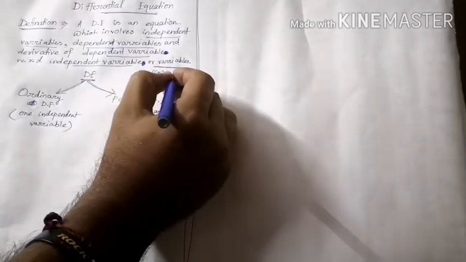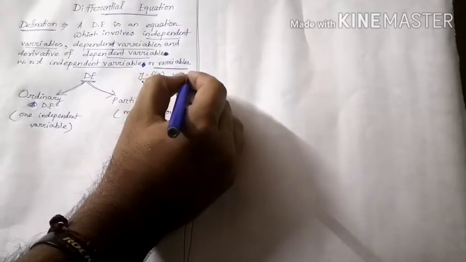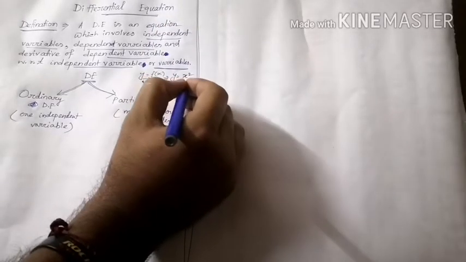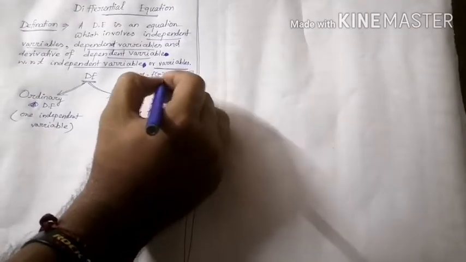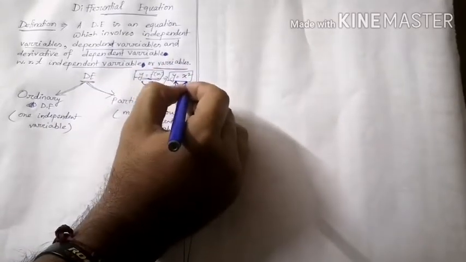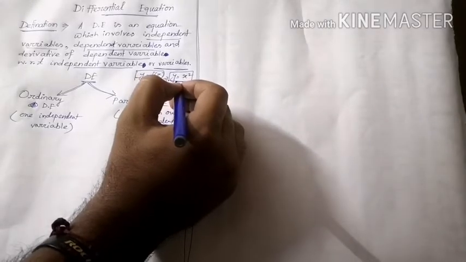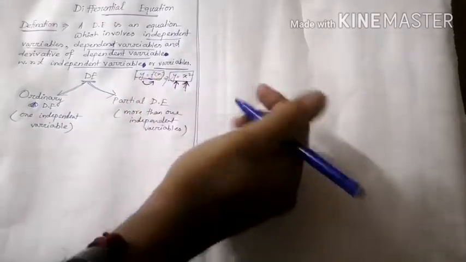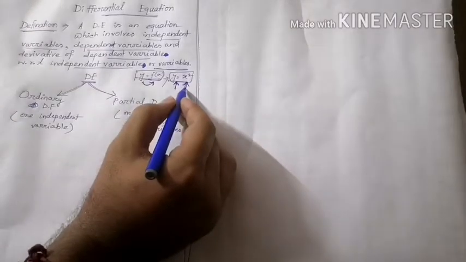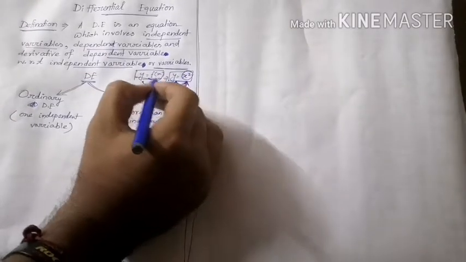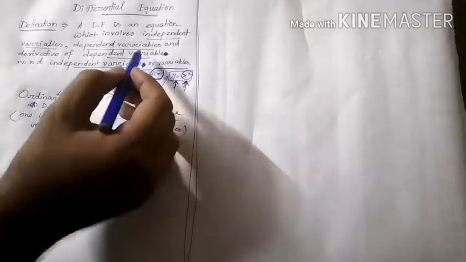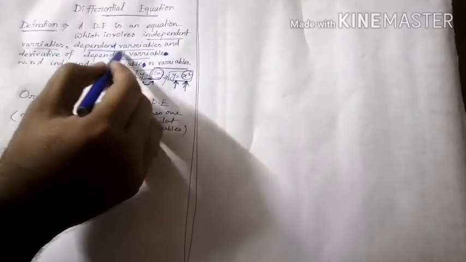Now let us consider y equals x square. If we put various values of x, then we get various values of y. So in this case x is the independent variable and y is the dependent variable. So y is dependent upon which? y is dependent upon the function, that is x square or f(x). I think this clears up what an independent variable and a dependent variable are.